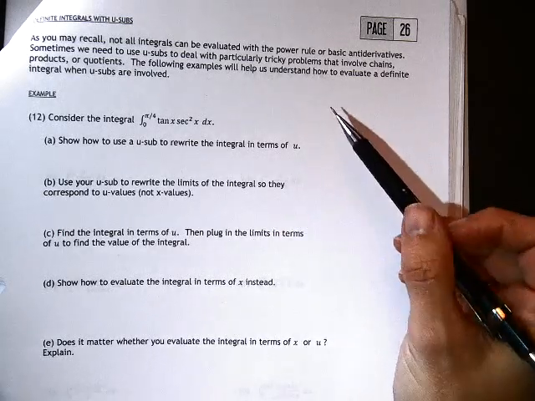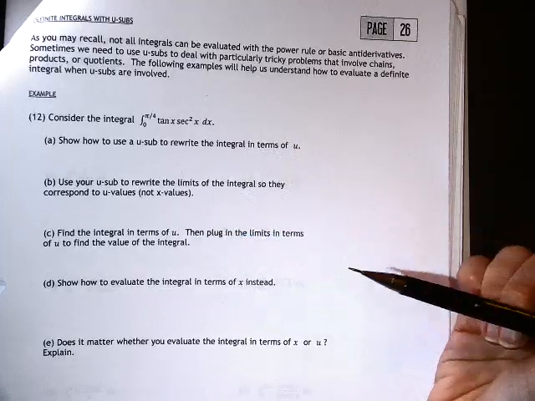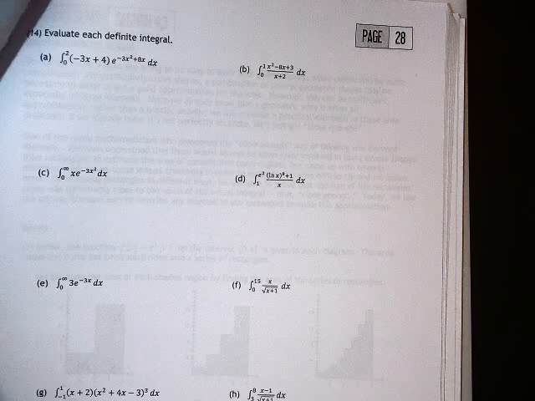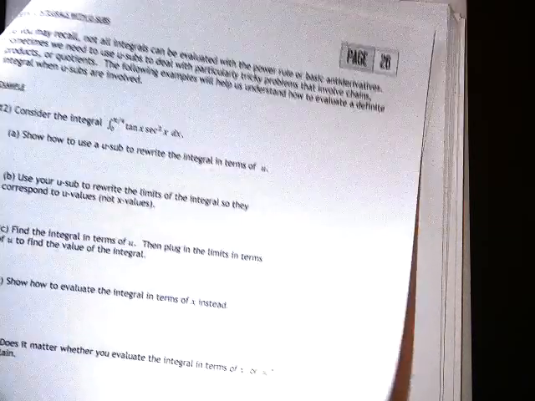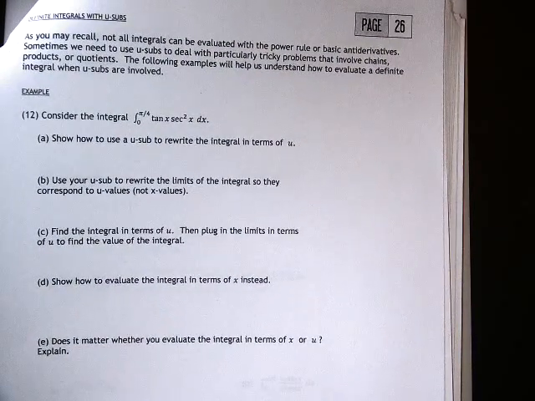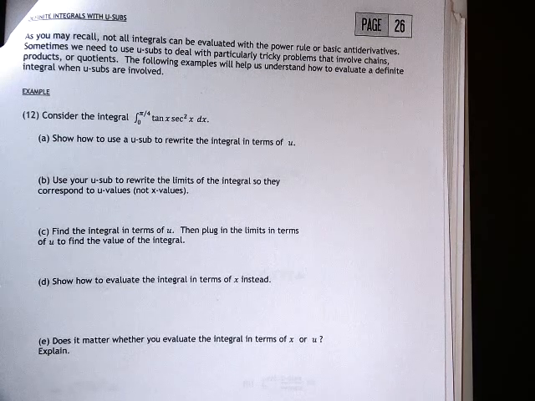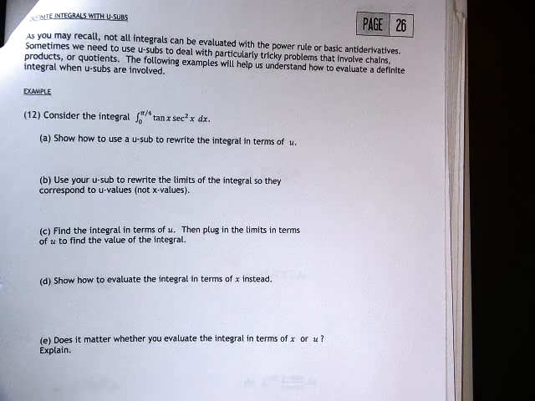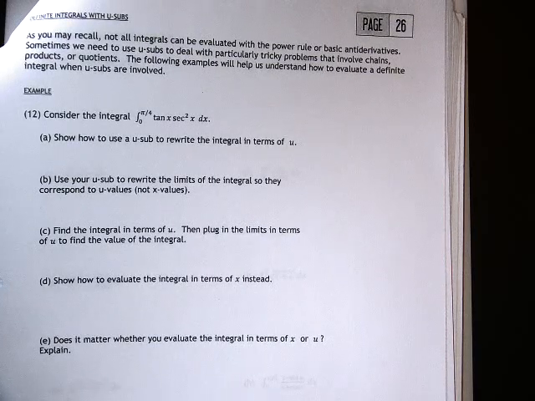So the goal on page 26 is to just familiarize ourselves with the topic, and then on page 27 and 28 begins the actual independent practice. With all of these videos that you'll see throughout the next few weeks, the goal is basically to just get the idea and get the hang of things, almost as if we were doing an in-class lecture. But unlike the in-class lecture, you do have the total luxury here of fast forwarding or rewinding, and of course, completely skipping over certain things if you feel like you already get it and you just want to move on